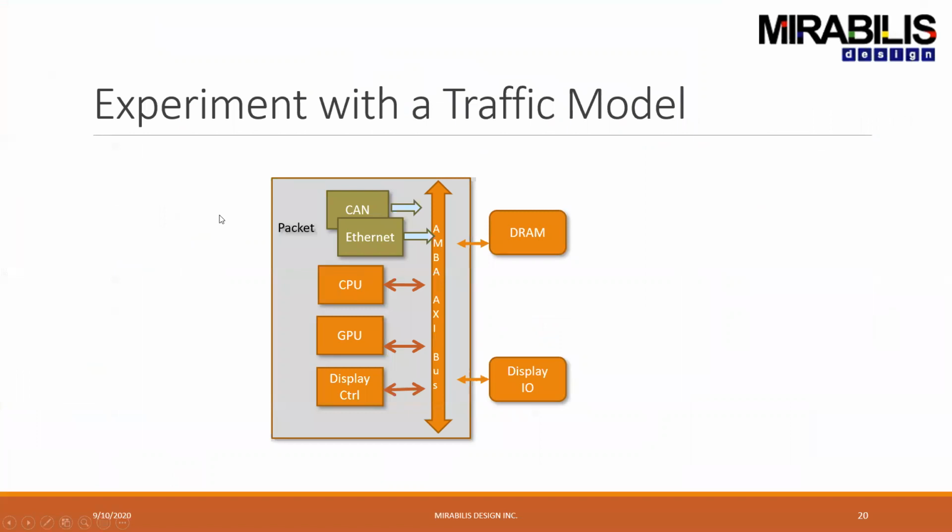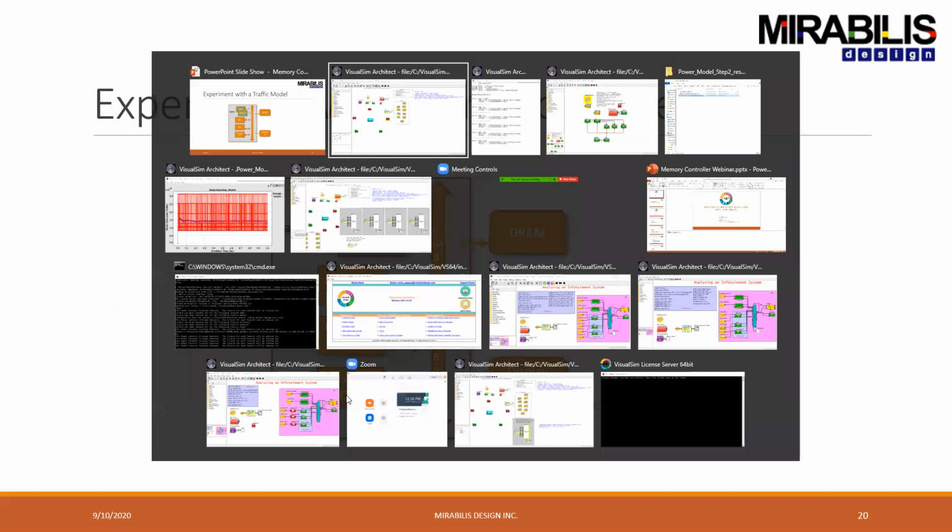Now, we saw an experiment with something that was just having masters feeding into it, and they were all very symmetric, which means they were essentially like math cores, processor cores. Now what we're going to look at is a design with significant differences, which means I'm going to have different types of devices, so CANs, Ethernets, processors, GPUs, displays, and now look at what my system design looks like in terms of the